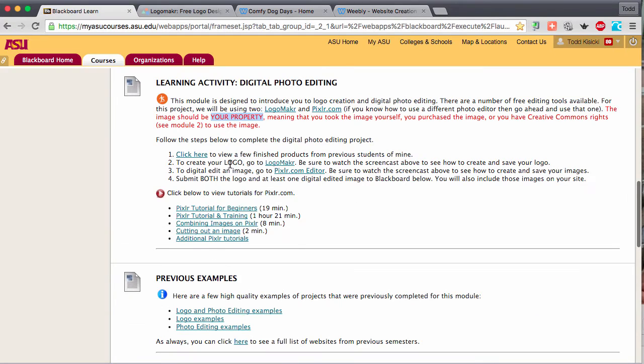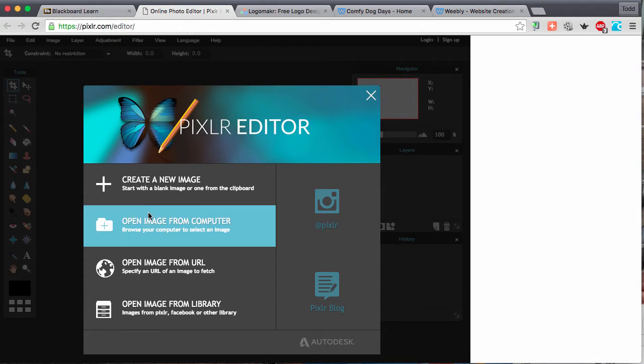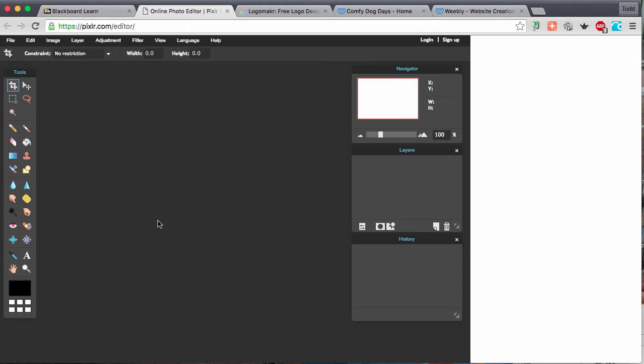The second part is to go into Pixlr Editor and do some photo editing. Now this could be very subtle, or the changes that you do make could be more pronounced. So when I go to Pixlr Editor, I'm going to bring an image in that either I own, remember, I've purchased, or that I have copyright privileges to, or Creative Commons privileges to. So I'll do open image,